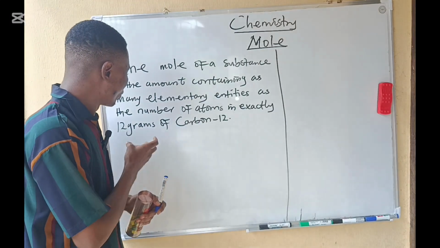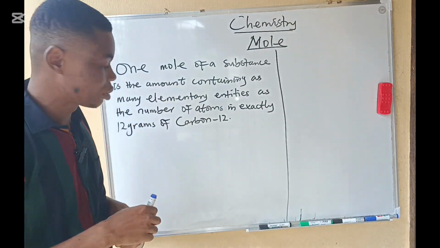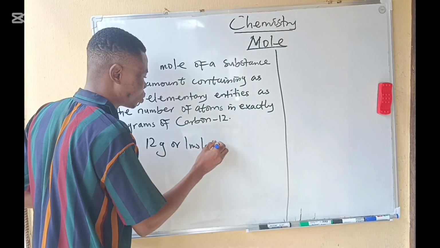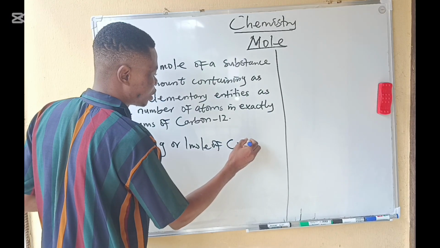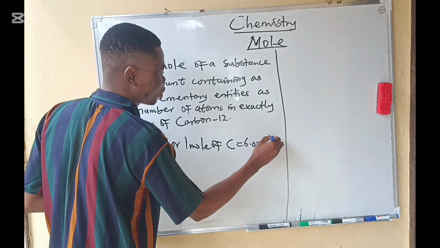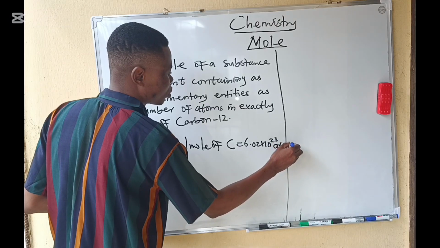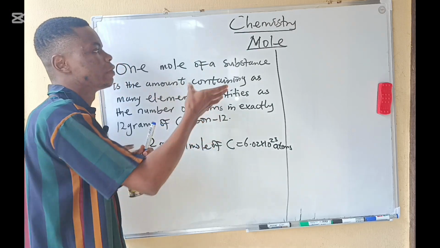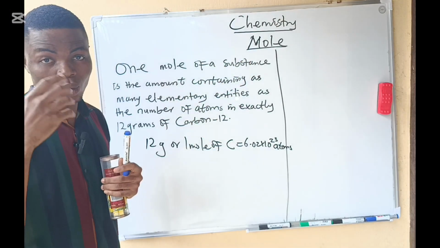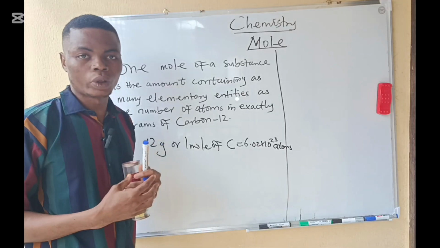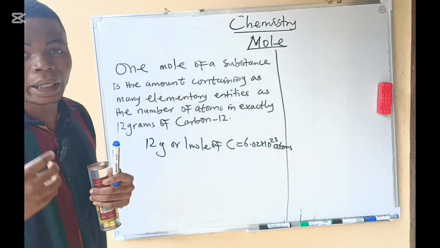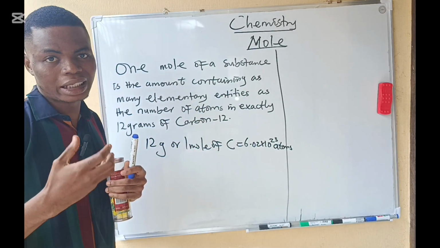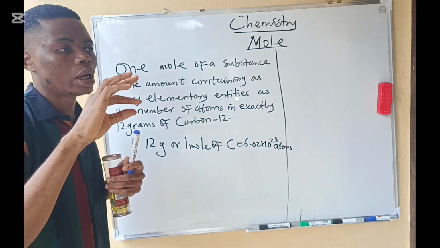that 1 mole, or 12 grams, of carbon C contains 6.02 times 10 to the power of 23 atoms through experiment. So that is why when they define the mole, they use 12 grams, because that was what scientists used during experiment to check. So they came out with this definition, which means that 1 mole of any substance, for example oxygen,